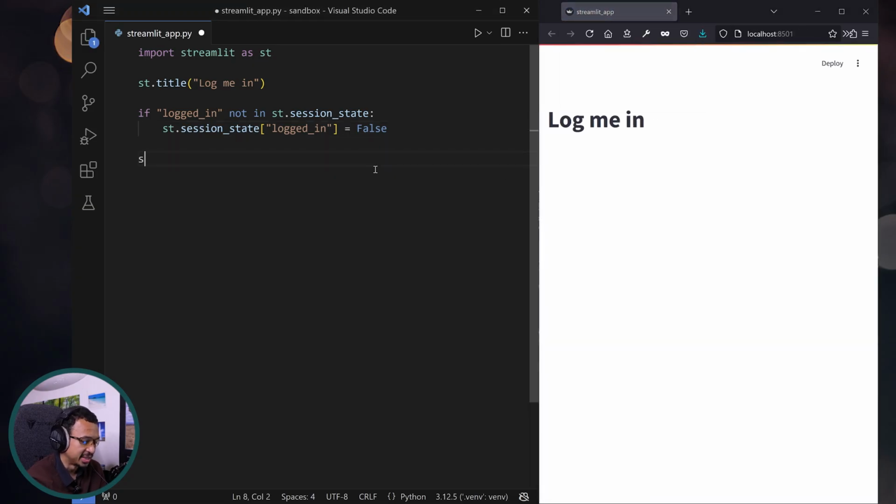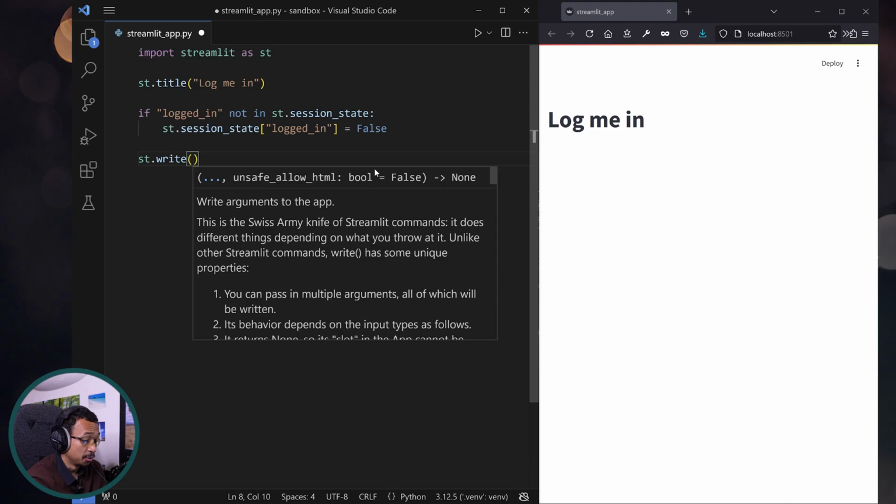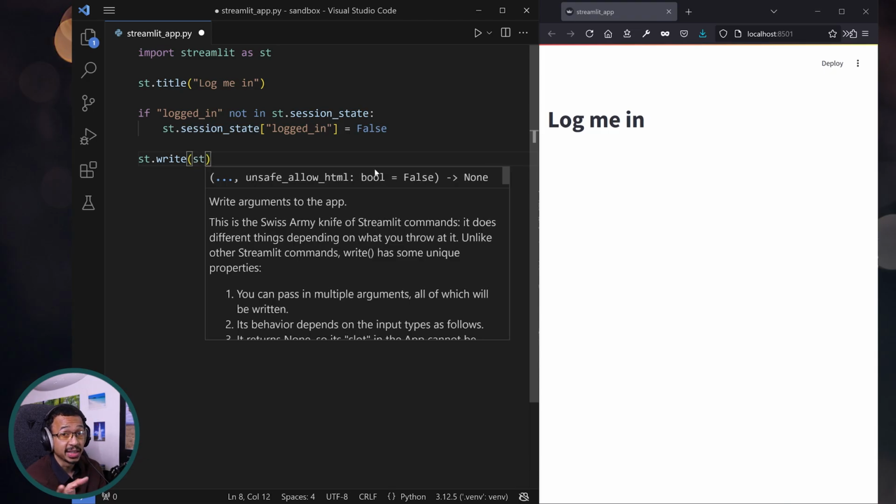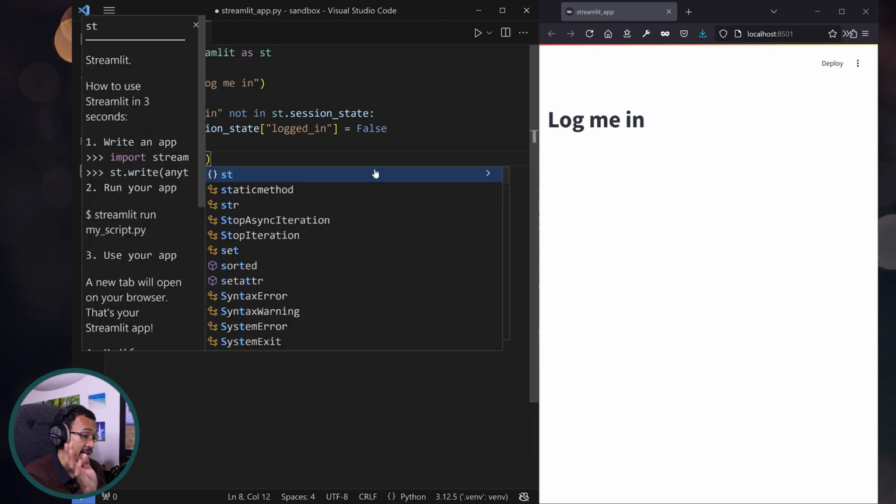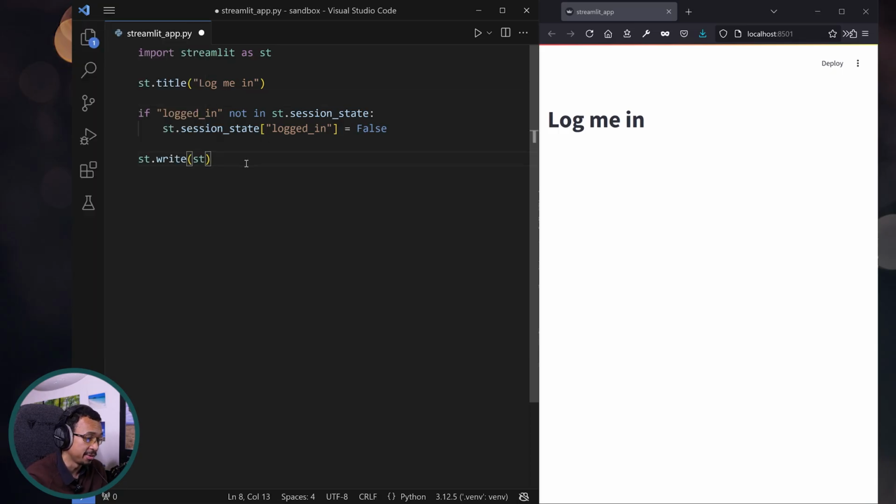Okay, now I restarted everything. I don't know what I did. Maybe I replaced st session state with something, so I think anyway, I restarted everything. So if I write down session state, now it's logged in false. Okay. Now what I can do